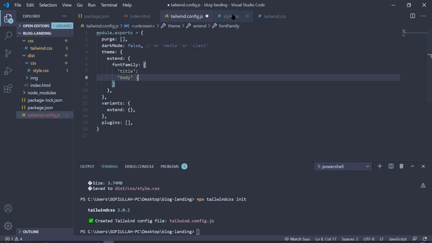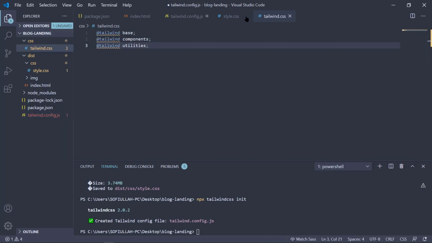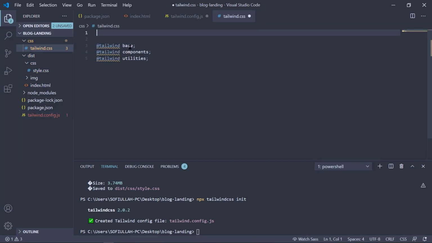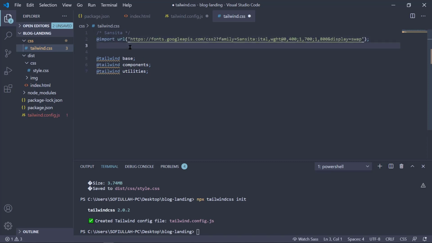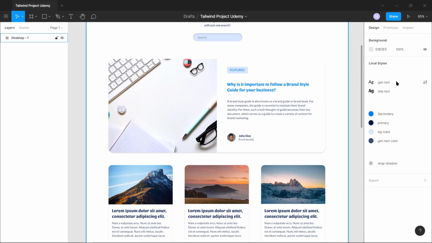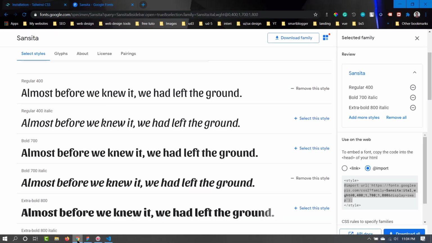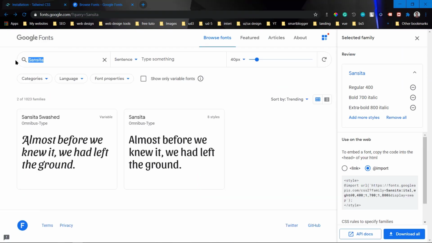So we need to import it inside our Tailwind CSS. Let's do it at the top of the file. This is the font of Sans Serif. Let's import it here. The second one is Lato. This is the general font and it is Lato. So let's also get it from here.